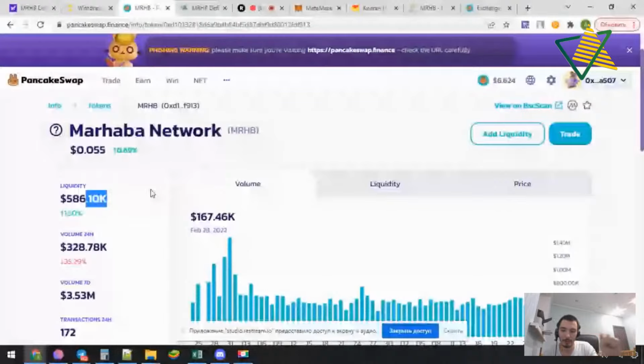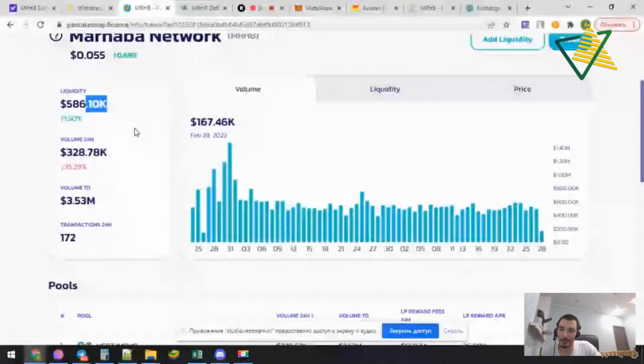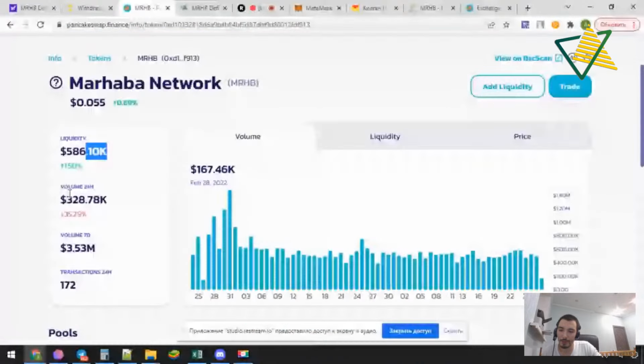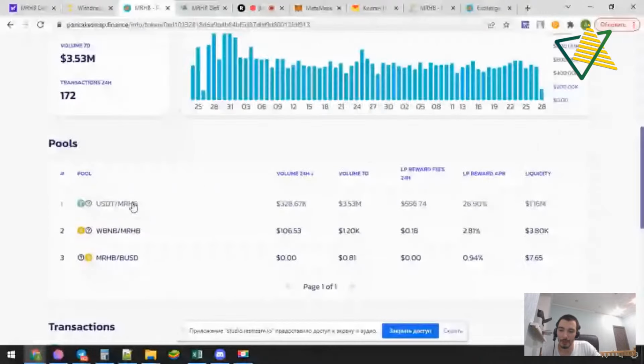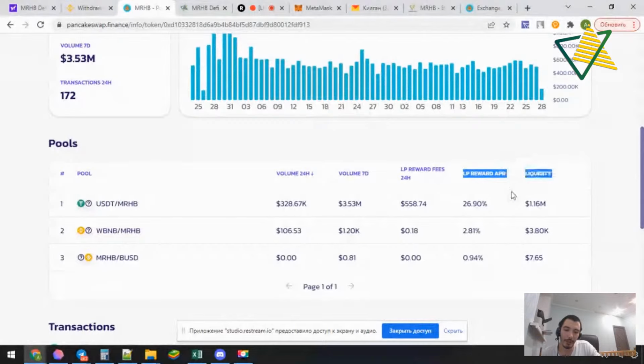You can see on DEXTools that we have almost 1.2 million of liquidity. And here, what we can also see is that volume is $328,000, and pools. The biggest pool is USDT MRHB, and the APR, the annual rewards for providing liquidity, at the moment equals